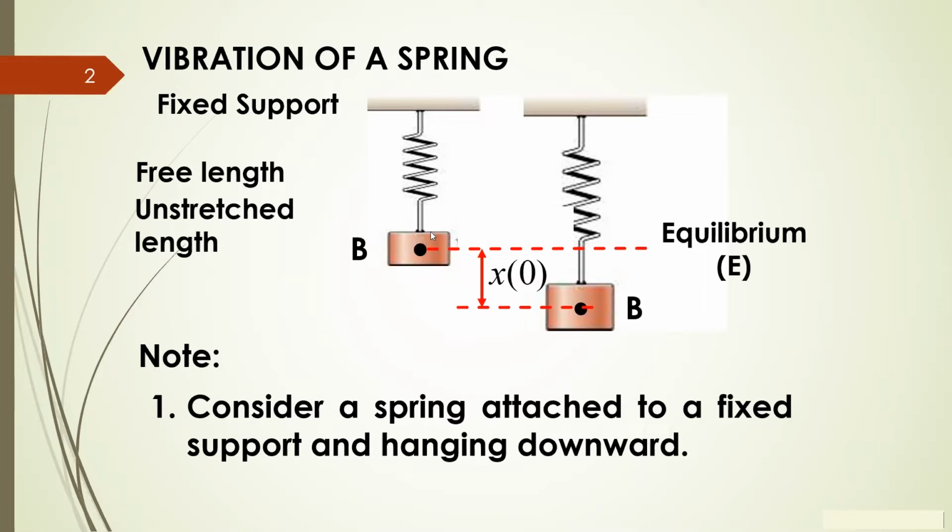So if you have the weight here, that's what you call the free length or unstretched length, di ba? It's the unstretched length wherein the body is at the equilibrium position. However, if you add a certain force to it, for example, you pull it or you push it, if you pull it, it will elongate a bit more, going to position x of 0. However, when you push it up, it will contract a bit.